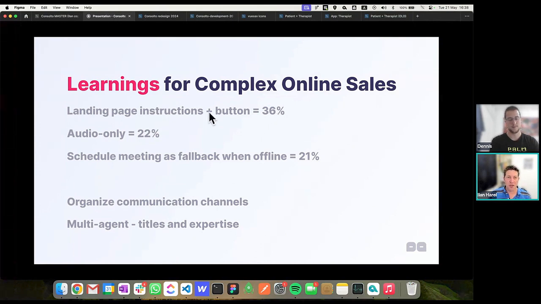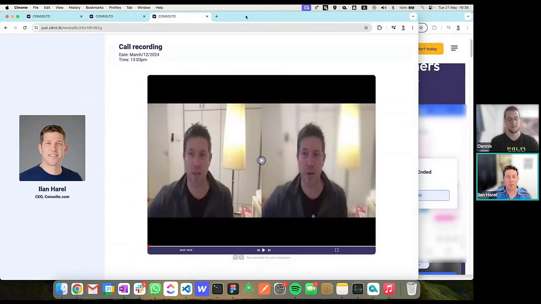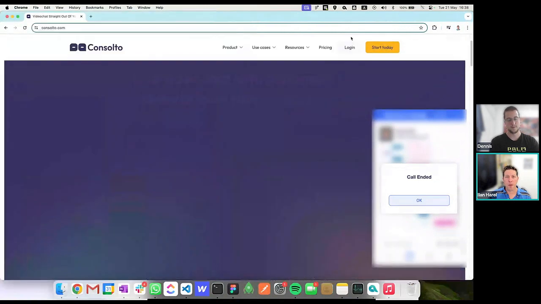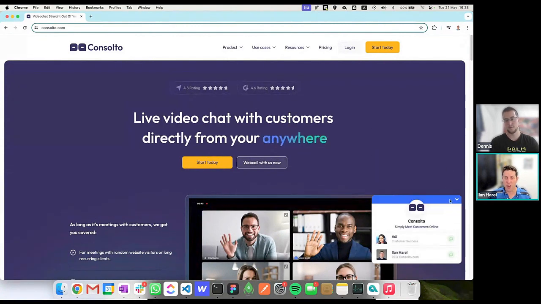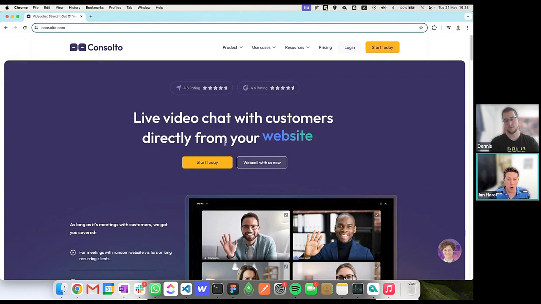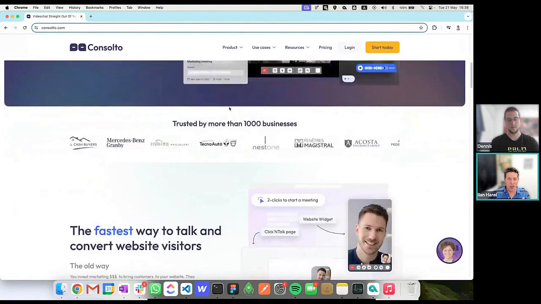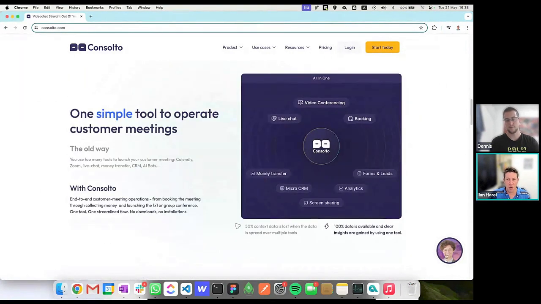This landing page and instructions is what I showed you on our own website here. Okay. This thing, web call with us now, this will increase your conversion. Why? Because it's not somewhere hidden. And actually, since we launched our own website, we're getting a lot of these calls. And when we're offline, we're getting a lot of bookings. So I highly recommend put a button on your website somewhere within the flow of the website, and don't rely only on the widget. So that's learning number one.